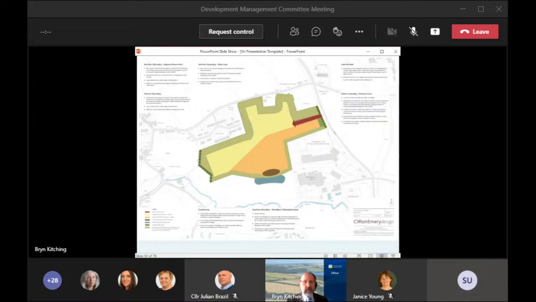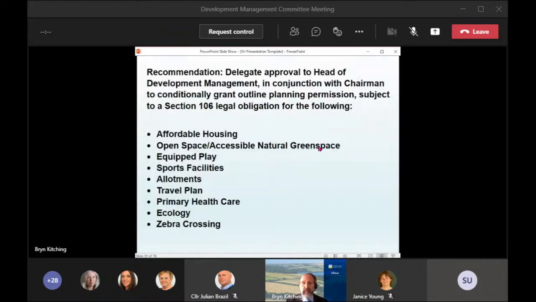So I'm not going to go through all the sections of my report, because members will have seen that and read all those points. But we have an application which meets the policy, the allocation policy requirements insofar as it can as an outline application. It's the full provision of affordable housing, so it's meeting those local housing needs that are set out in the plan,